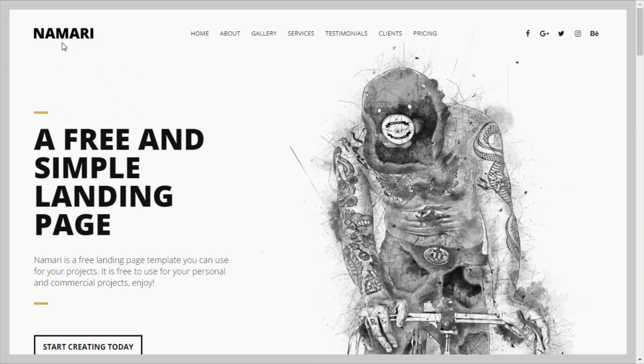So you can see we are getting the logo here at the left side, which is looking really good. Then at the center, we are getting some navbar menus. You can put any navbar menus with any name, but I've just put these basic navbar menus which we get in every site. Then at the right we are getting some social media icons. You can use the icons you are using, like if you are not using Google Plus or Behance, it is not really compulsory to use these icons. You can also use Facebook, Twitter or Instagram,